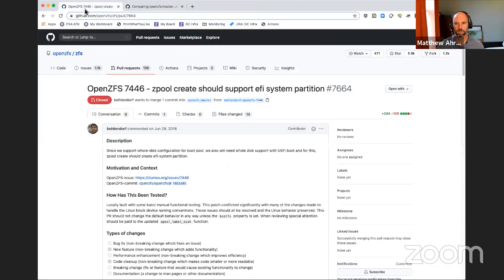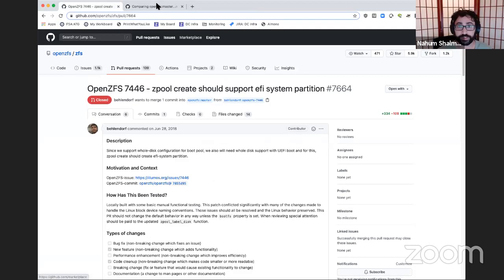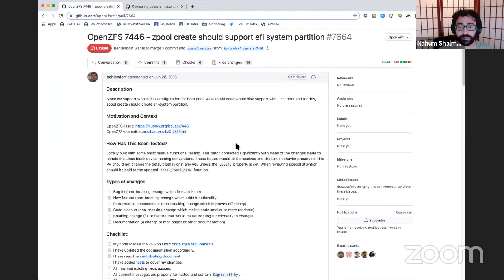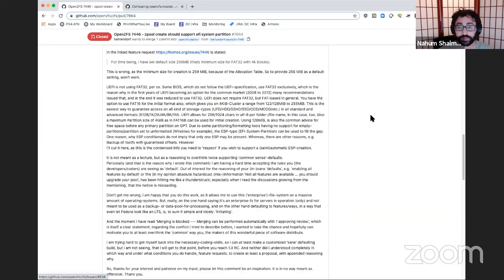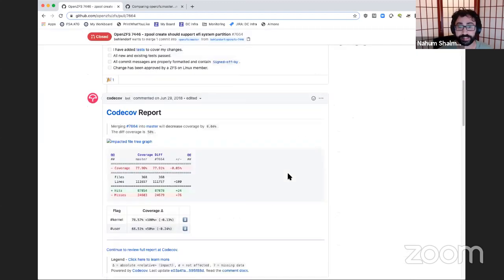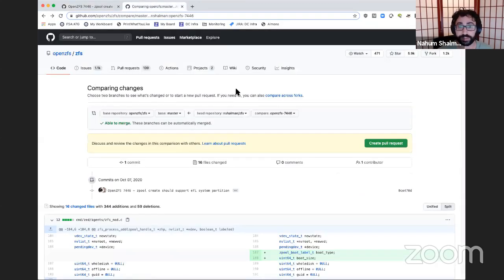Yeah. All right, cool. So I've been working on various configurations that require a bootable ZFS pool, and Illumos has the -B flag for creating an extra 256 megs towards the beginning of the disk to leave room for the EFI file system. And a while back, it looks like Brian Behlendorf tried to port it over, probably successfully, it compiles, and then abandoned it. And so I tried to pick it up and try again.